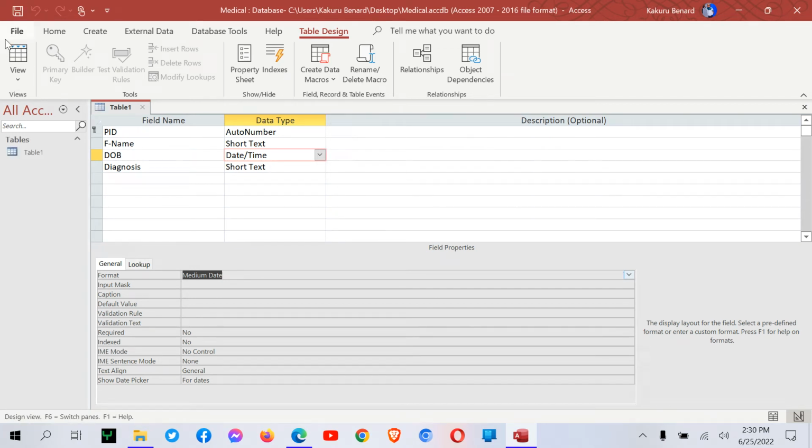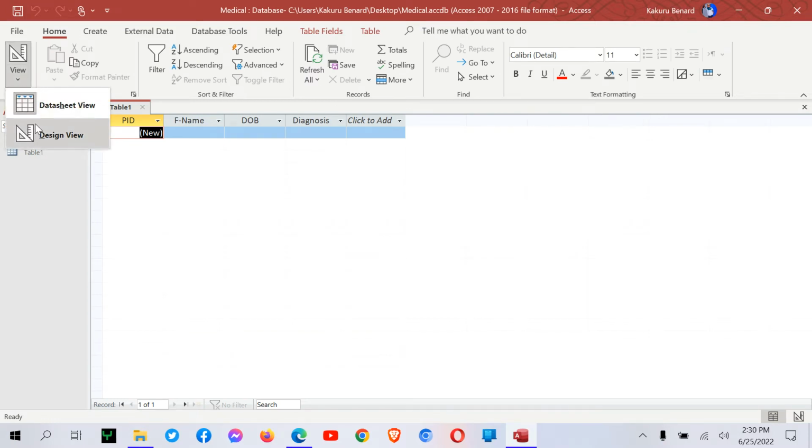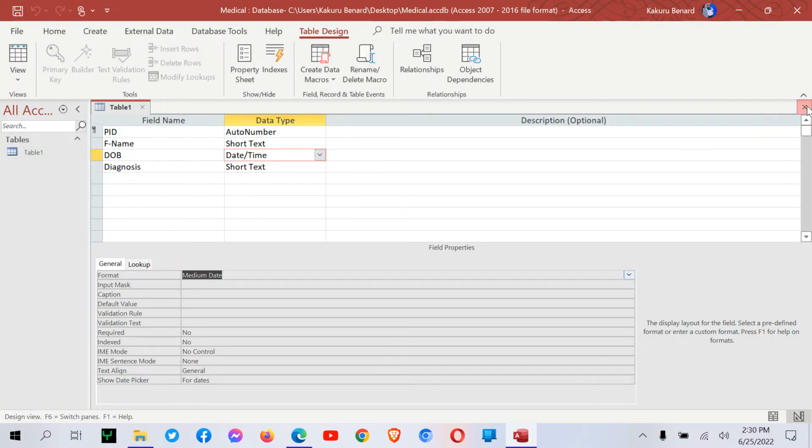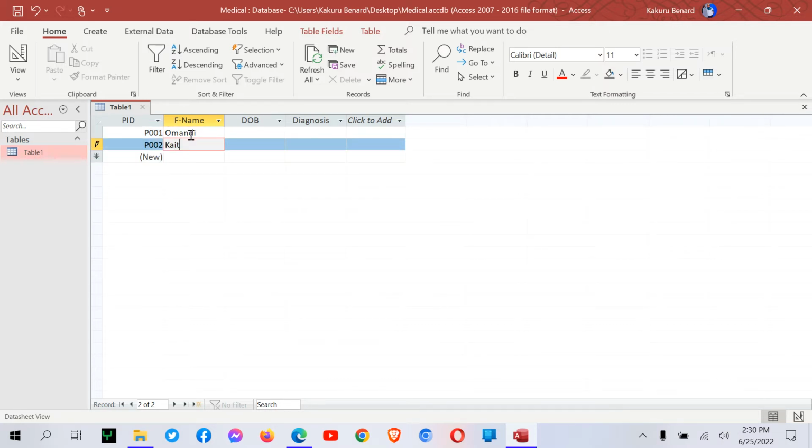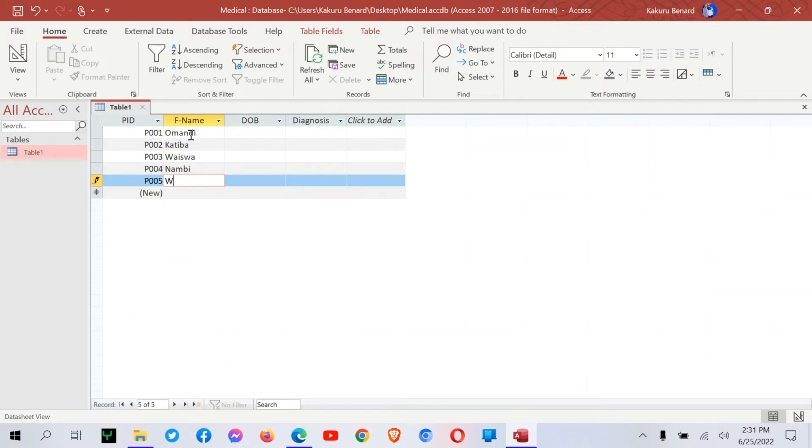I click OK. I can go ahead and put in data by tapping view. I choose datasheet view, or if it is in design view, I can close here. I open my table. I start putting in my information. So I add my people. Next person is Nambi, and the last person is